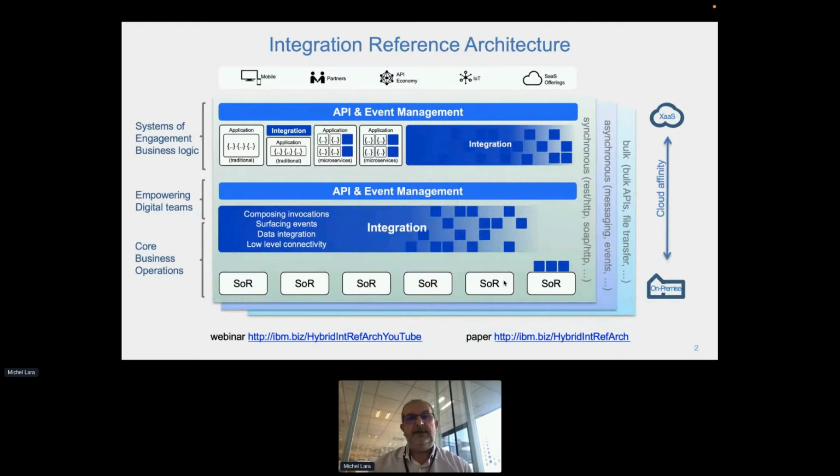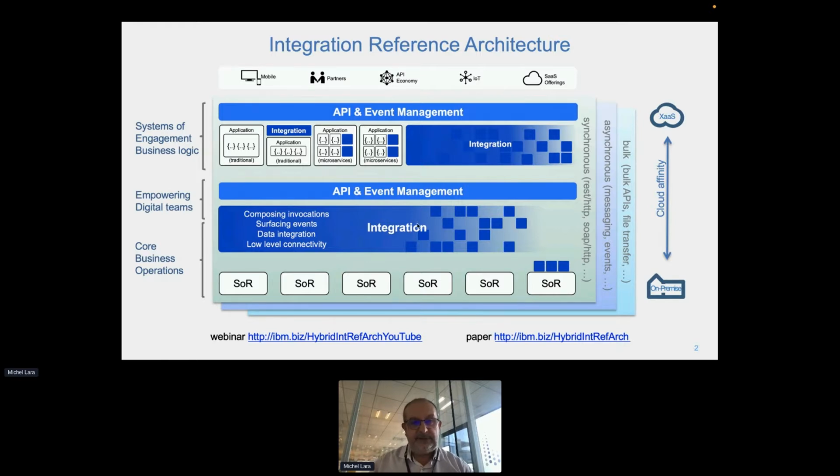This is an integration reference architecture from IBM. You have some links to get access to webinars and papers on this area. Regarding the API, in this architecture slide, at the bottom, you have the system of record and the first layer of integration to integrate applications inside the system of record.